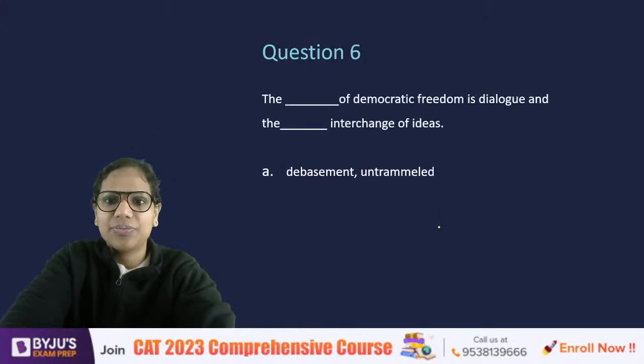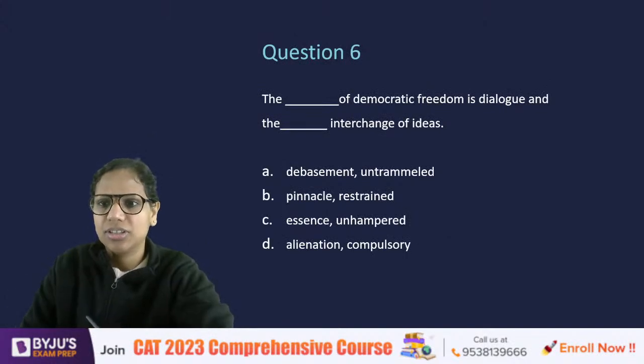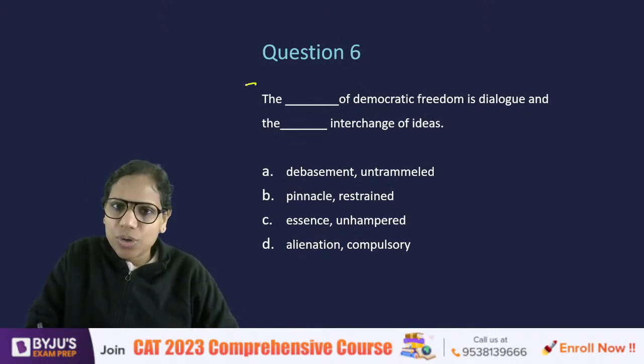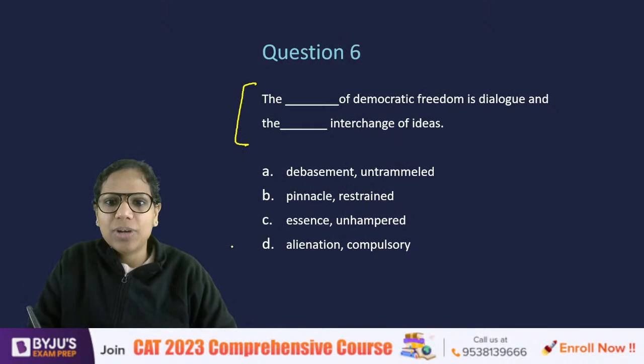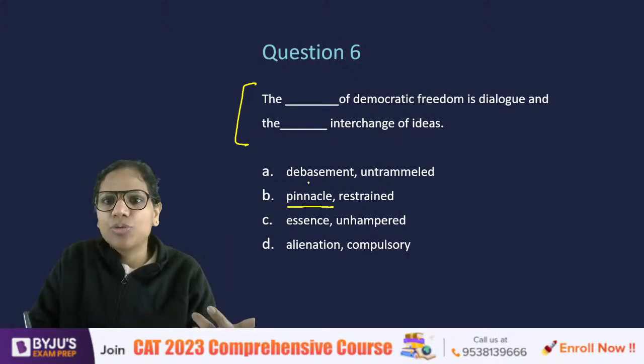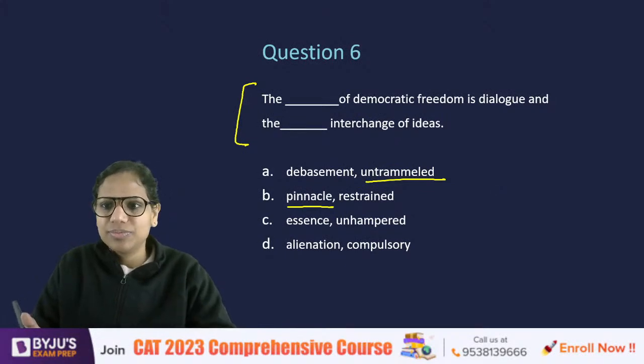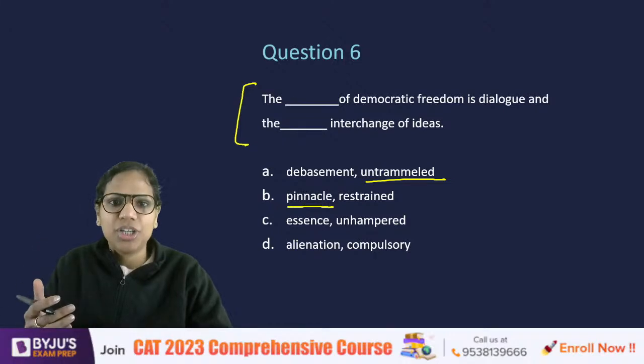Okay. Let's come to the next question then. If this was clear, in case it's not clear, as I said, you can ask me. Now, in the second question, in the sixth question, again, you have two blanks and not very difficult words, except let's say pinnacle for some of you, untrammeled for some of you. Tranquil is also calm. Something that's very peaceful. Patients are sometimes given tranquilizers so that they calm down, particularly patients who are suffering from some mental disorder.